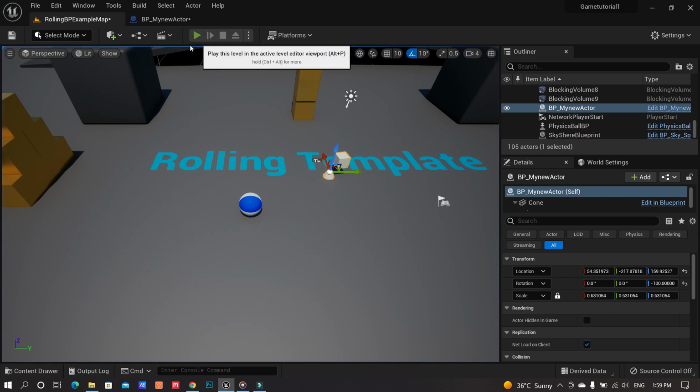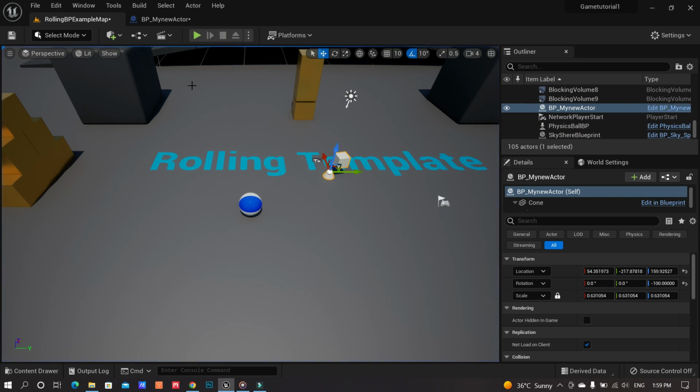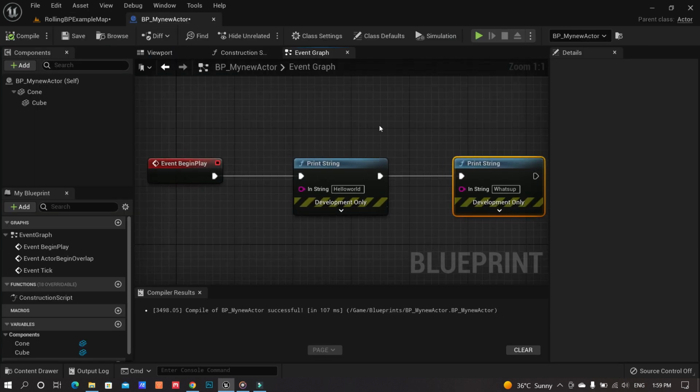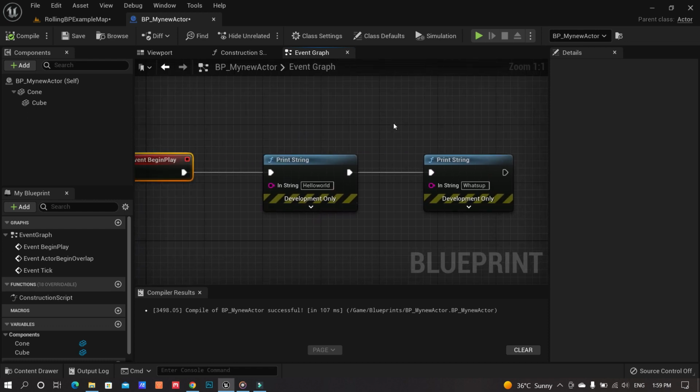If you have noticed now that hello world is coming afterwards and what's up is coming before, well, that's how the whole functionality is working, because all of these particular nodes are being executed in a sequence. So that's the first sequence, that's the second, that's the third. So what's happening is when the hello world is being printed, it actually pushes down, and then the next set of instruction comes and what's up, which is the next print string, and that actually gets printed at the top, and this is how it shows up.